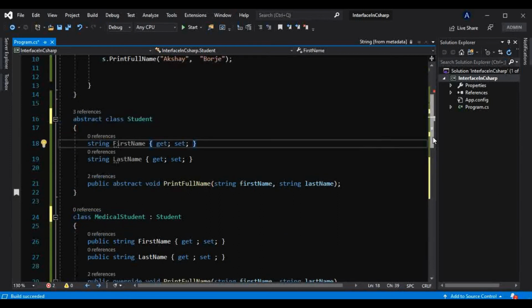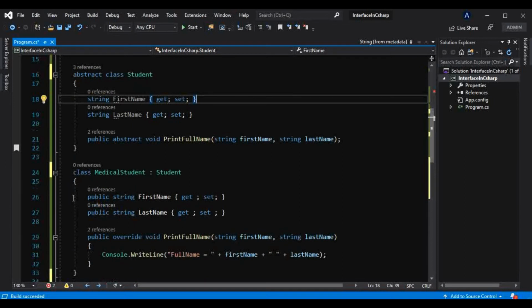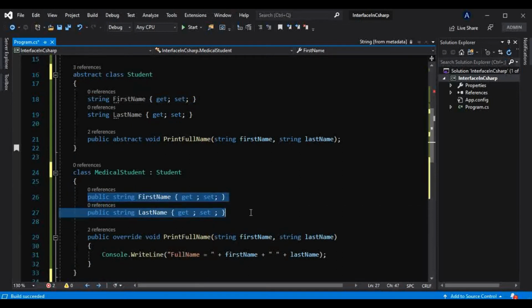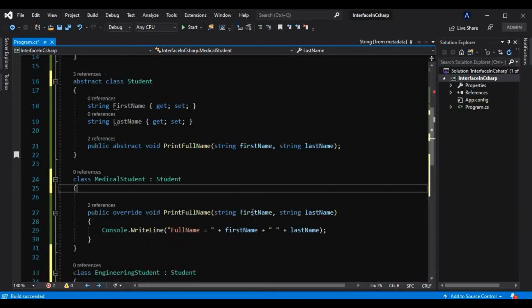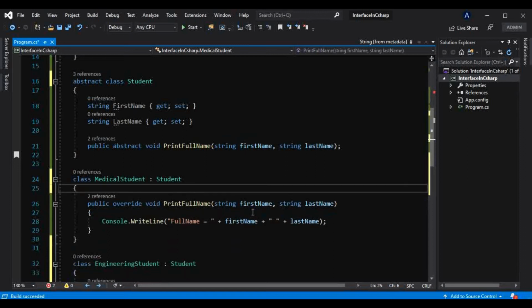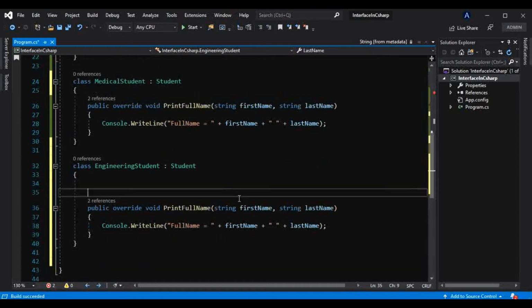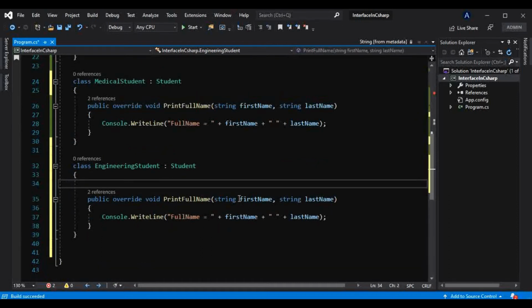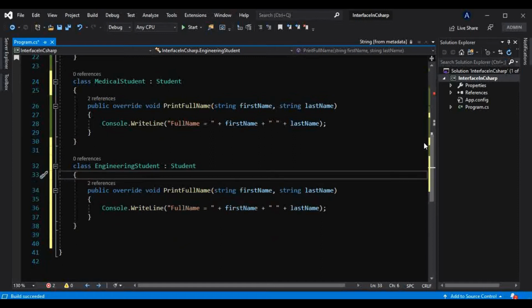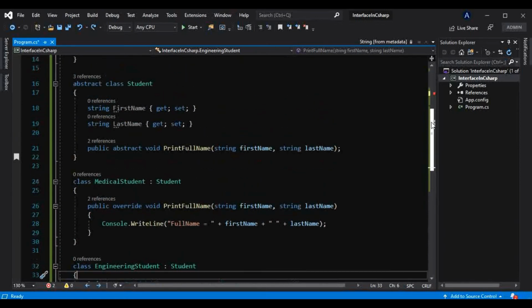Now we don't need to take these properties here because we know they already exist in the base type, the base abstract class, so we don't have to take them here, and we have learned why. Now there is no flaw in this code, nor is there a need to use an interface here.